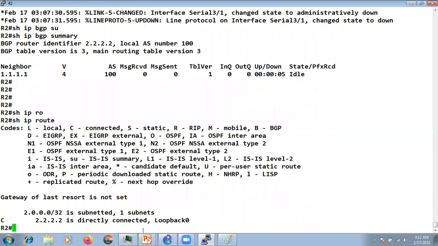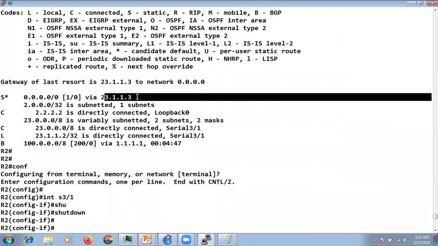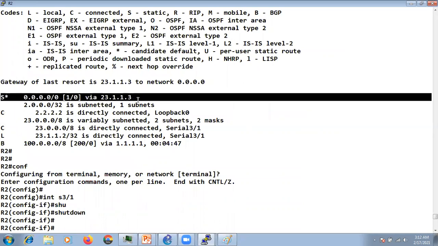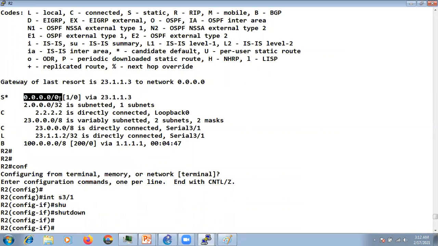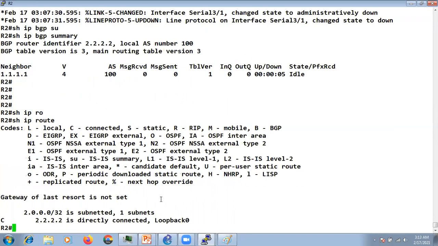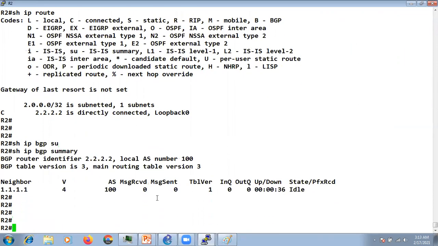Because in the routing table earlier there was a default route pointing to 23.1.1.3. So R2 was assuming that I still have reachability to 1.1.1.1, I still have a path to 1.1.1.1. That's why this fall-over command was not working. So now you can see the neighbor is down.